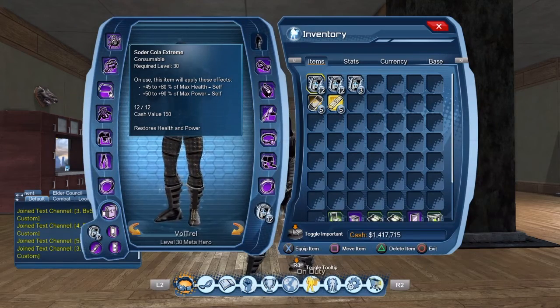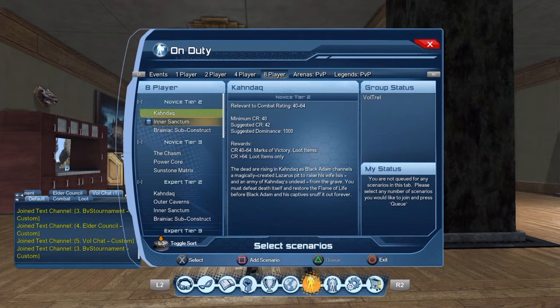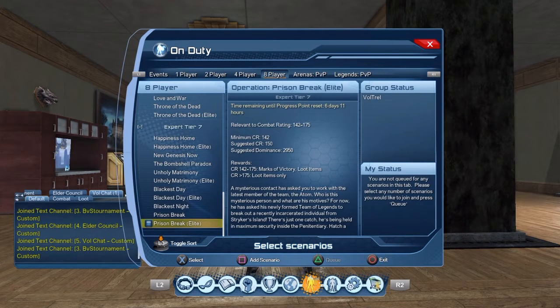I'm just going to put it like this: if you go to on duty here, and then you go over to, let's say, the level 8s, look at it right there. Suggested dominance 2,950. The minimum CR is literally the unlock level, because if you get a DLC or want to play some content, you don't want to wait until you get to suggested CR 150. But here's the thing: let's say you're at 142, you get into something,